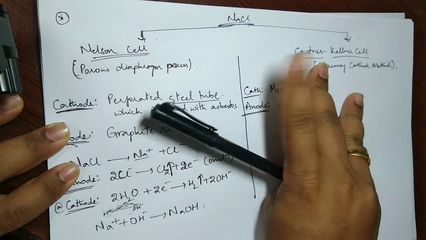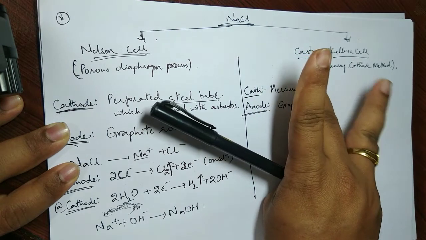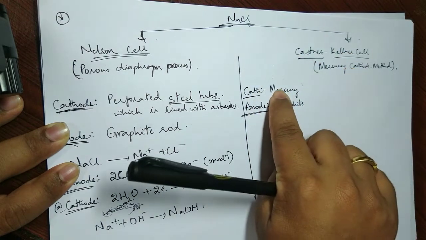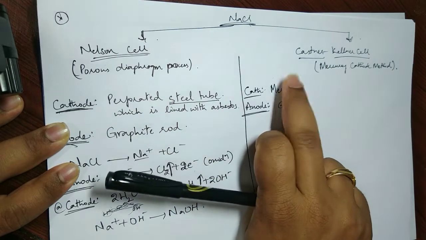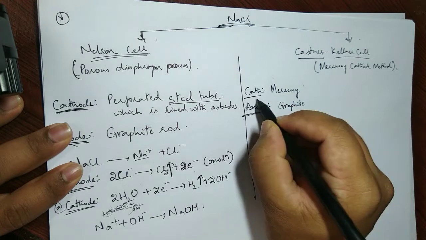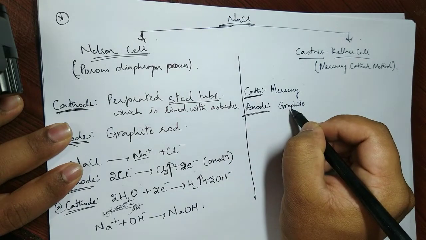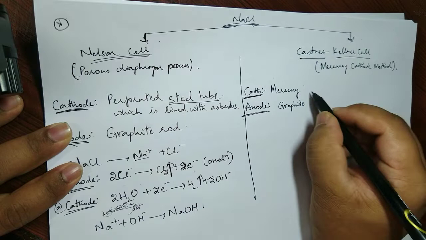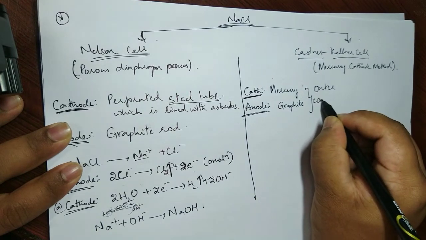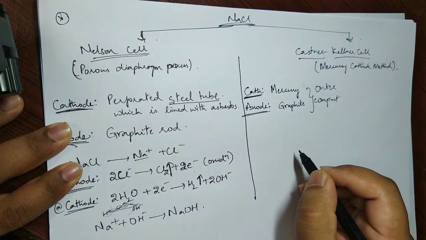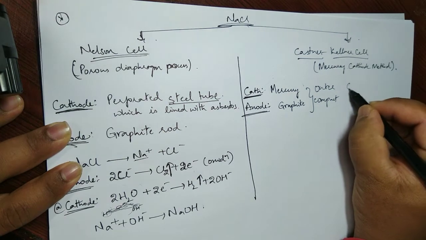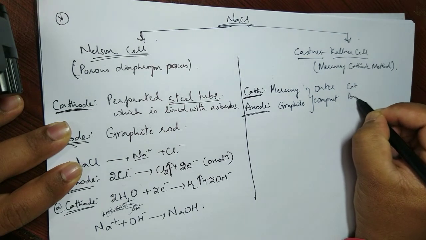In the first and third compartments, we see that mercury acts as cathode. In the middle compartment, mercury acts as anode. A very important point. So on the whole, right now I'm talking about mercury and graphite with respect to cathode and anode for the outer compartments. If there are inner compartments, then the story is different. What is that? Cathode and anode.